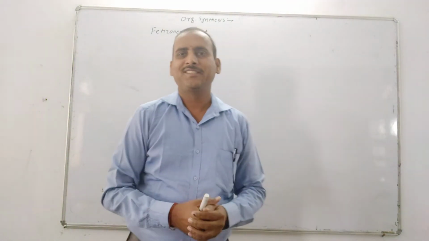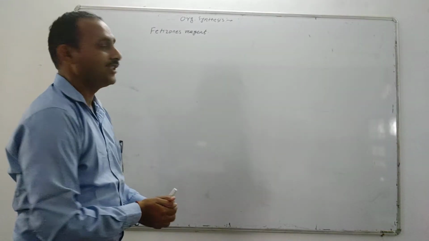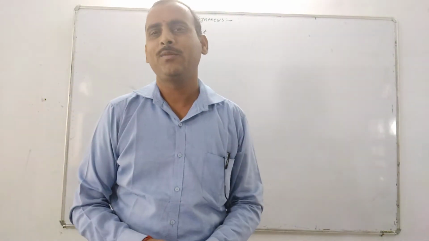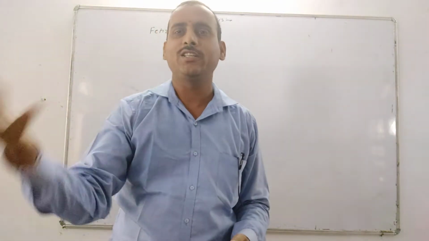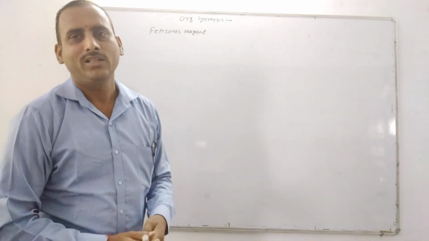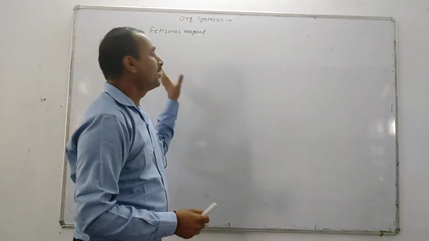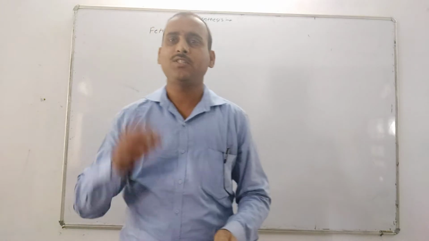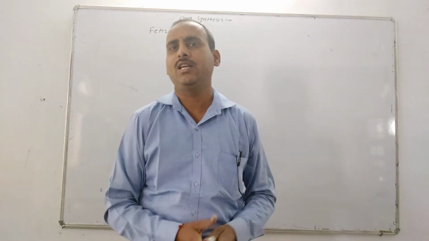Good afternoon, friends. Let's start with Petitjohn's reagent, an oxidizing agent for alcohols. The alcohol is oxidized to aldehyde and ketone. Specifically, primary alcohol is oxidized to aldehyde and secondary alcohol is oxidized to